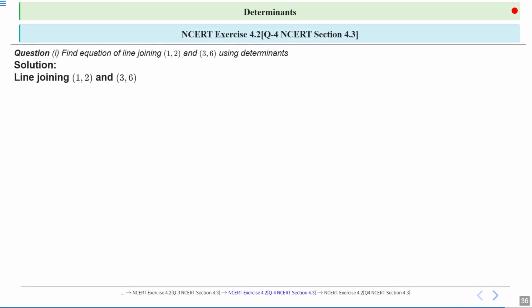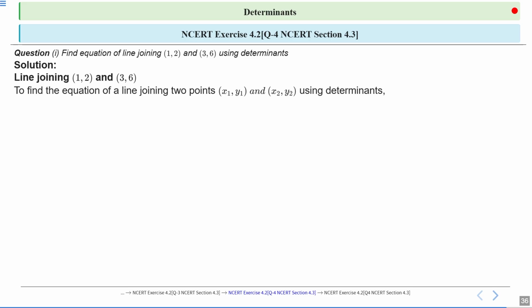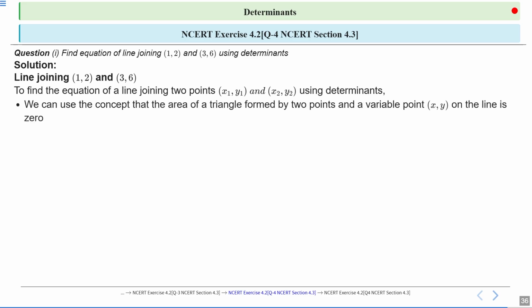So the line joining (1, 2) and (3, 6), we have to get the equation for this line. To find the equation of a line joining 2 points (x1, y1), (x2, y2) using determinants, we can use